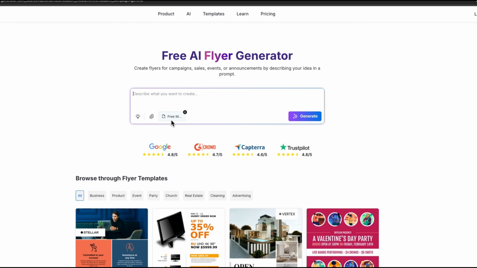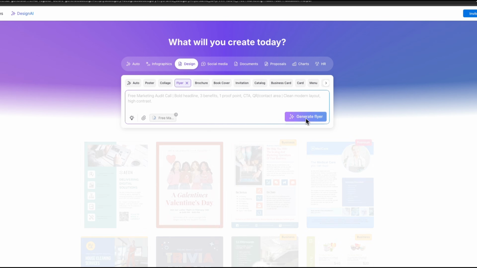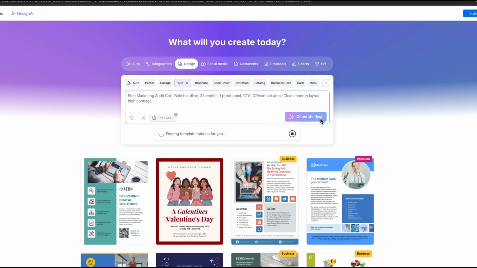This allows the AI to instantly recognize our color palette and typography style, so the flyer automatically matches the ad. Now we enter a prompt asking the system to create a modern flyer layout with strong contrast. We also ask for clear benefit sections and a QR code area, which allows people to quickly access the offer